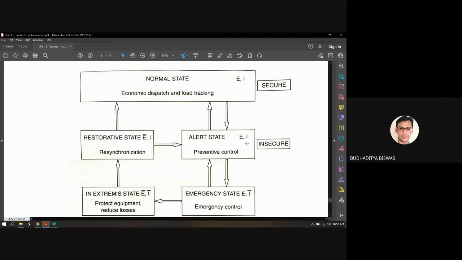Now this 70, due to some reason, starts increasing, and if it increases beyond, say, 90, then it becomes the alert state. Okay, 90 means it does not cross the limit because the limit is 100 megawatt and it is now generating 90. But this jump from 70 to 90 indicates that this particular unit may go to the emergency state. Then you need to take some precautionary or preventive measure to bring the generation back to 70. Now, if you are able to do that, or if your program is able to control this, then it goes back to the normal state.